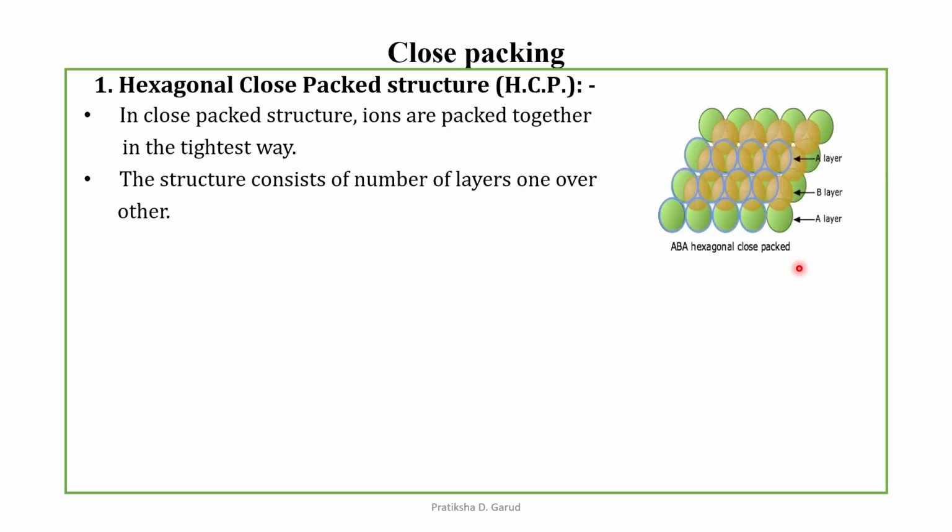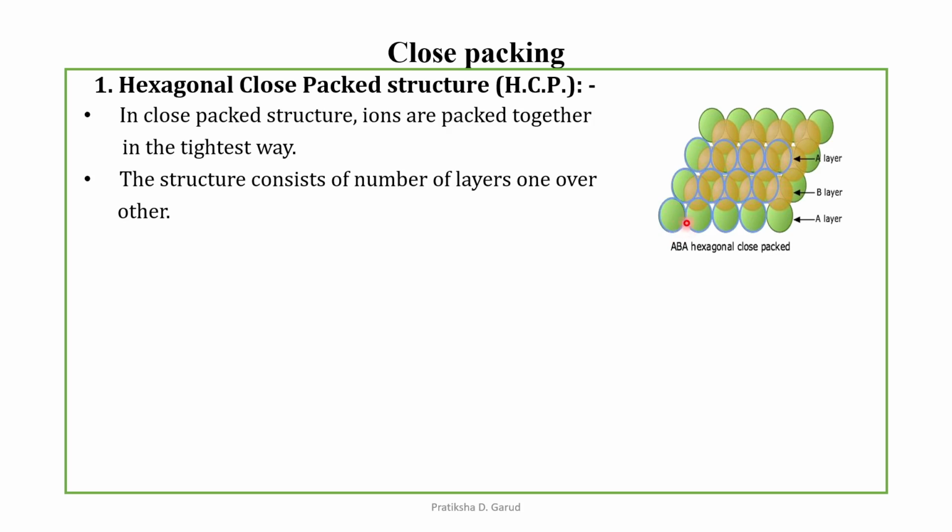First of all, let us consider a box, and in that box, suppose we put a number of balls in the tightest way, so we have the first layer. If we put the balls in that box, then we get this green, which will be the first layer. Now after putting these green balls, we have gaps. In those gaps we put the second layer, which will be this orange. Then we put the third layer. This third layer will be put in such a way that it is above the first layer. So the green is the first layer and then the blue is the third layer.